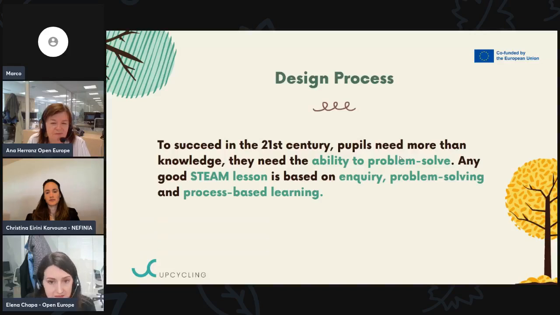And I like this approach because it's rooted in what I like to call the growth mindset. This is a concept developed by Carol Dweck, a psychologist, and it is different from a fixed mindset in terms of our abilities and our intelligence. So what she says is that our abilities and intelligence can be developed through effort, learning, and persistence. Therefore, process-based learning is much more focused on the journey of learning instead of the sole end product.